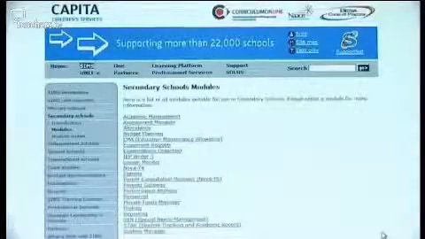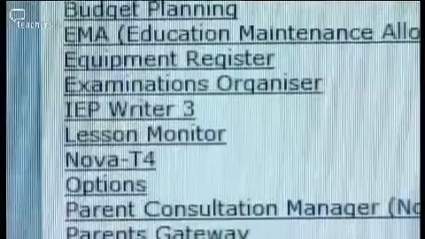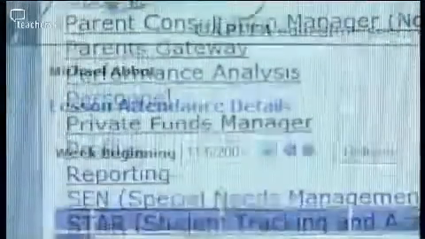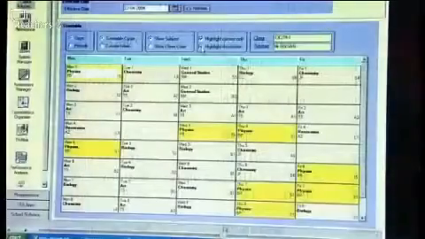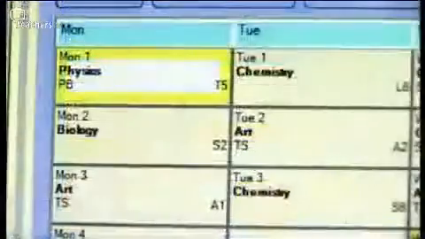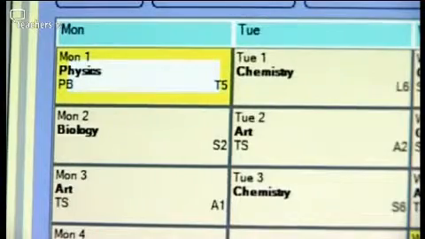When you get into the secondary school, you've got a much more complex organisational environment, and the learning platform will need to integrate and interwork with the management information system. So if you look at what's available in the SIMS.net package, you've got modules such as the Assessment Manager, and Assessment for Learning is a critical part of the learning process. You've got Lesson Monitor, you've got Parents Gateway, and you've got the timetable and curriculum organisation. Right. And all of those things need to interwork and be integrated fully with the learning platform and virtual learning environment functionality.